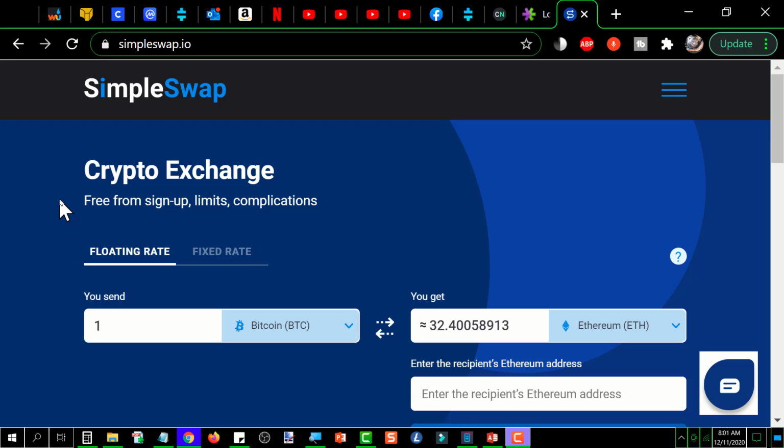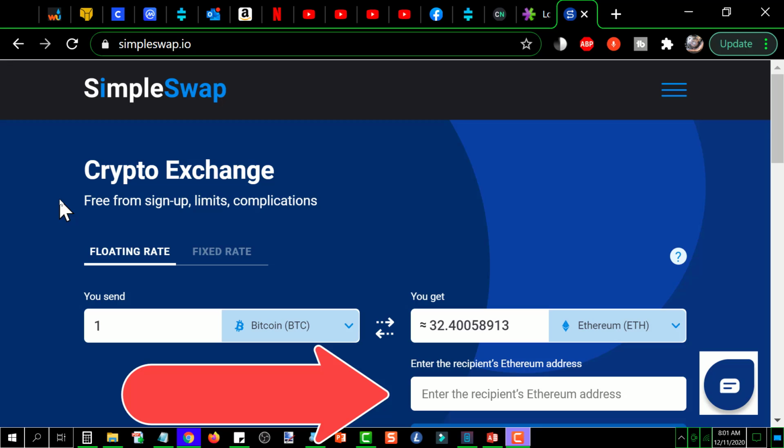Then what I did was I went to the simpleswap.io website and I put in that I wanted to swap 0.36 Ethereum for TFUEL, and it came back and it told me that I was going to get approximately 14,268 TFUEL in exchange. Then I went ahead and put in my Theta wallet address to deposit the TFUEL in,